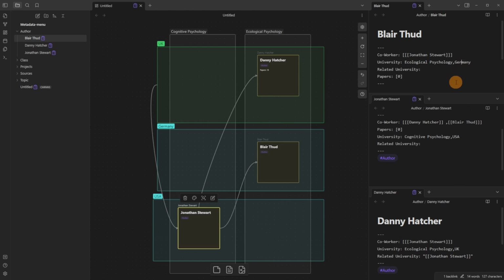ecological psychology in Germany. But then related university, you can see there's nothing in Blair, there is nothing in Jonathan, but with Danny, there is related. You're like, what? And that's because Jonathan does some work at the UK university. What for? That could be for any reason. But you can see Danny could work with Jonathan because a related person. Maybe you'd rename this to related co-worker. I don't know. This is just a working example of how you could start to use the canvas in all